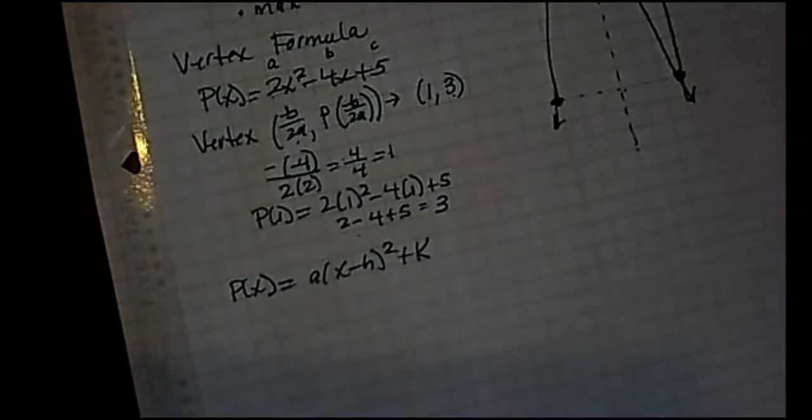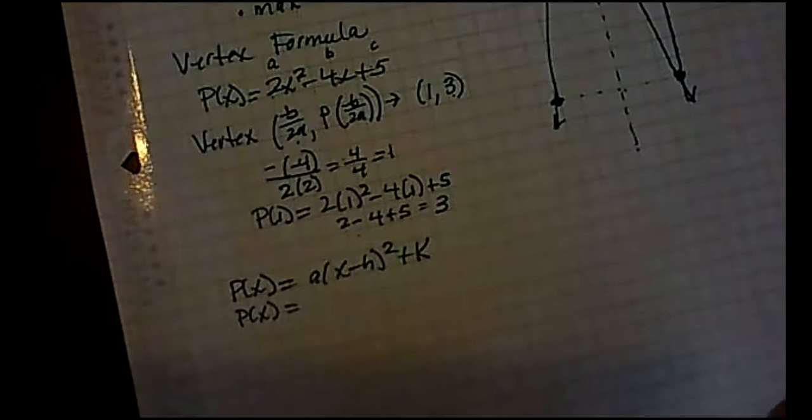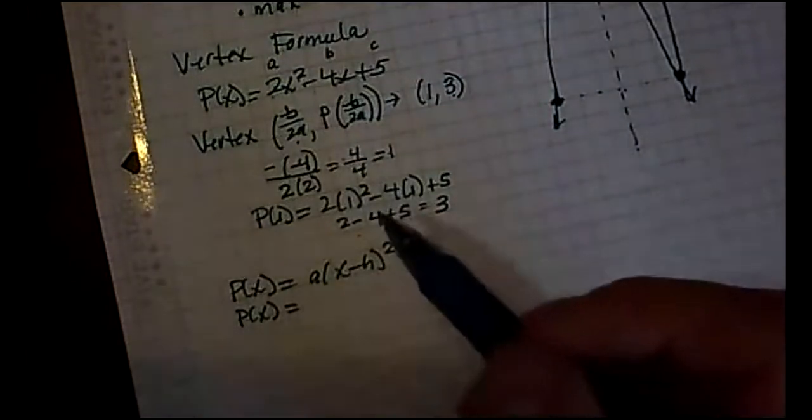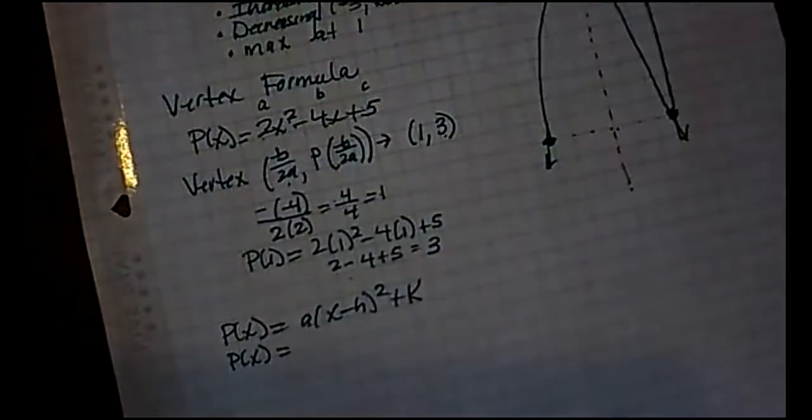Into this vertex formula form right there, the vertex form. So p of x is equal to... Now, I used to teach this using completing the square, and it was tough for students to understand, and it was kind of a long process, time consuming. It still is kind of hard for me not to teach it that way, but to save time, a lot of my colleagues don't teach it with completing the square. So just to save time, I'm just going to show you how you can put this into the